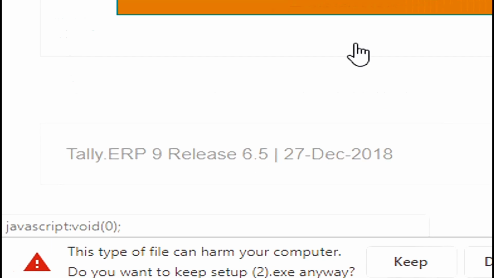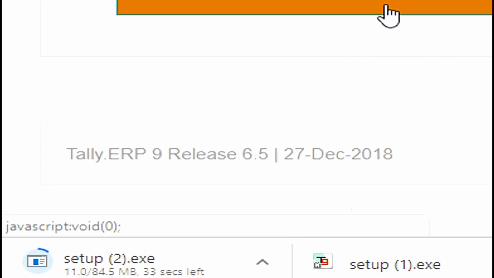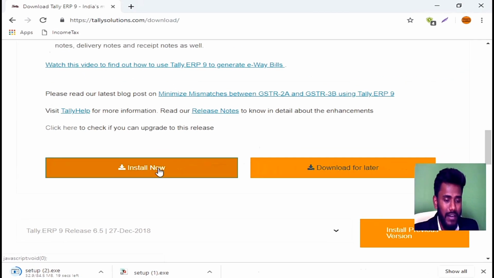When you click on download for later, the complete setup file will get downloaded, whereas when you click on install now, only the raw file will get downloaded and the remaining files will be downloaded later. Now I click on download for later, and it is going to download the complete file of Tally.